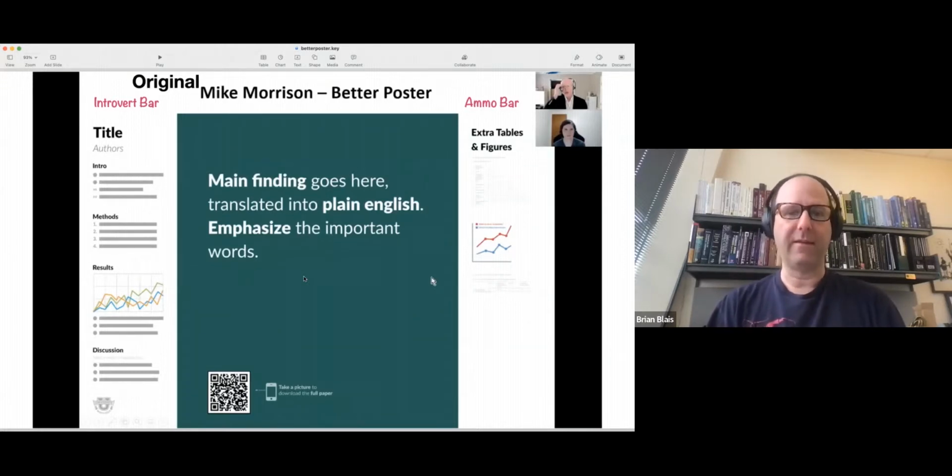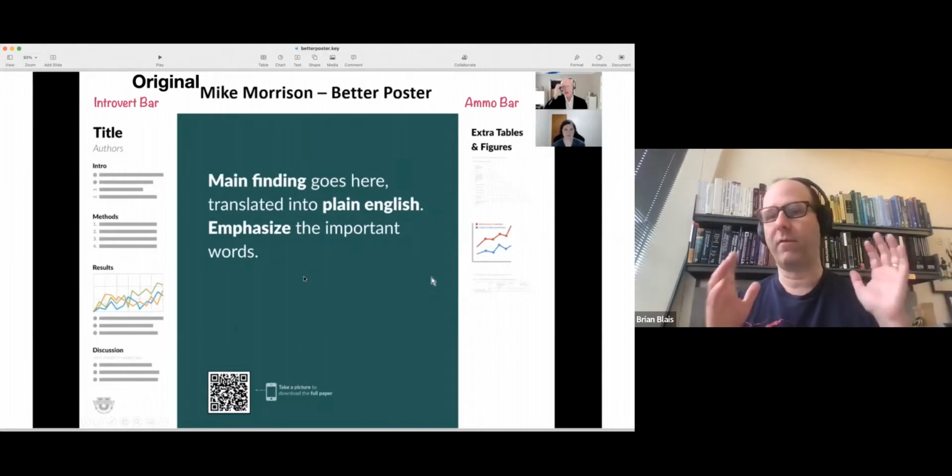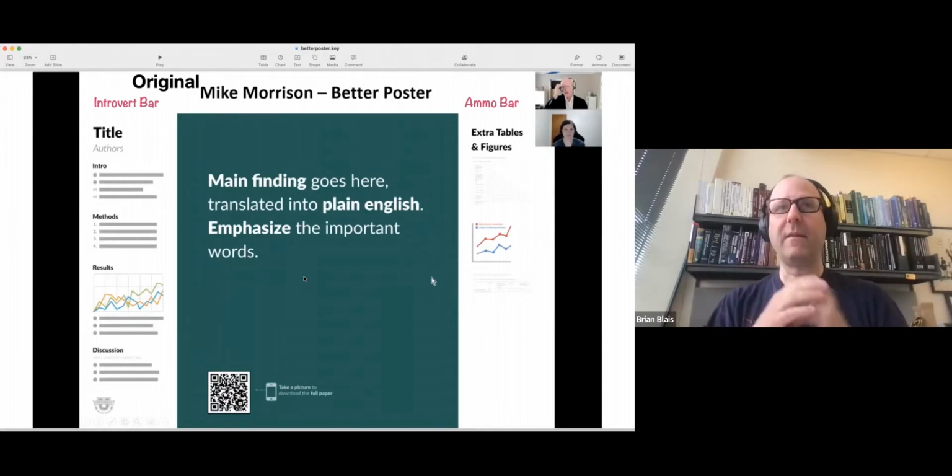So the main thing is essentially putting your main finding right in the middle, something that's prominent, some kind of single color or something that would stand out, and with possibly white space. He goes on to talk about decorative images, and so we'll talk a little bit about that afterward. But the idea is that you have the main point there, and